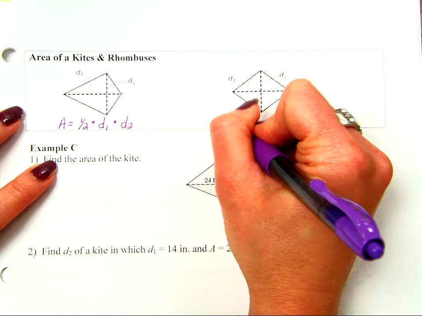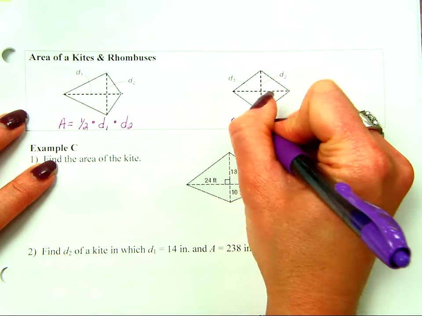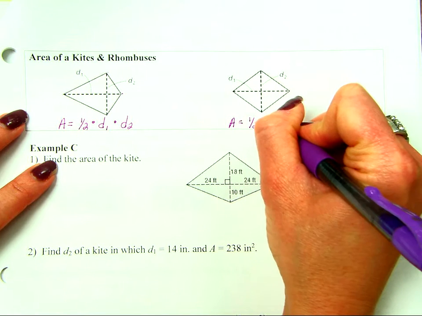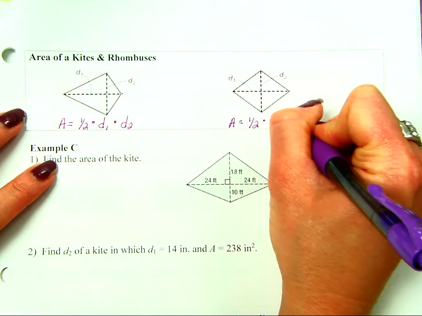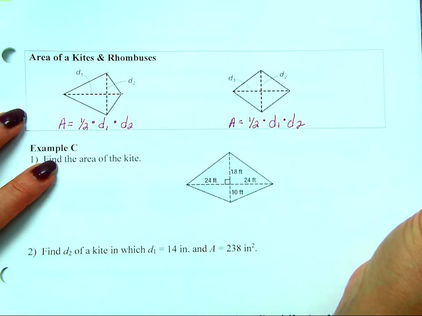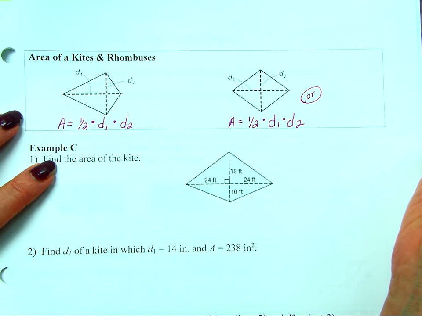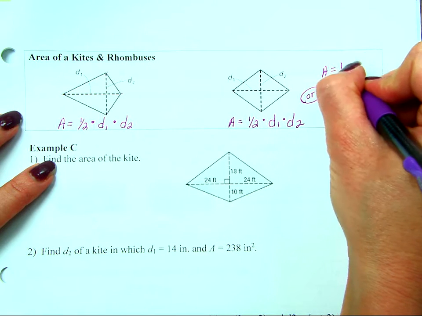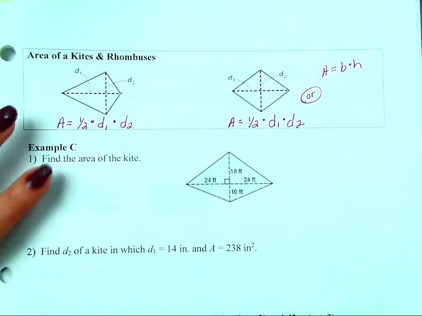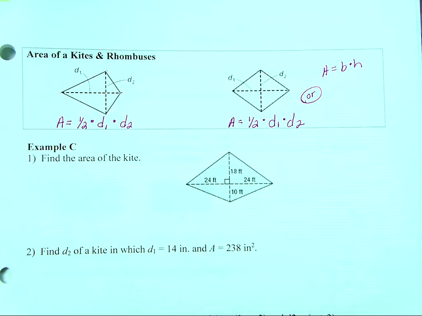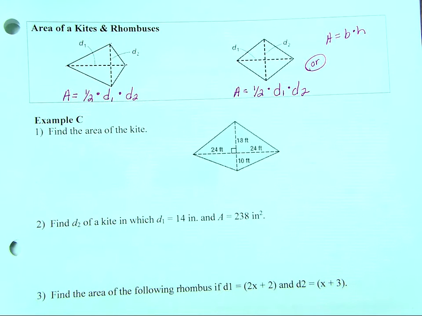And actually, for a rhombus, it's the same formula. 1 half times D1 times D2. But keeping in mind, a rhombus is also a parallelogram. So depending on our information, I could also use the base times height. Depends on what you're given. Now, as you look at example C, number 1, they tell me that